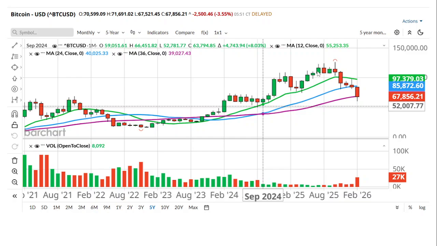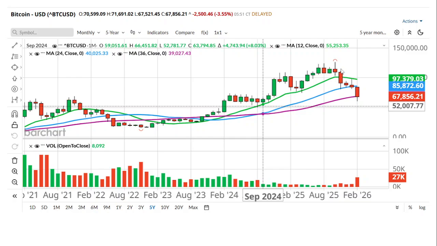But let's look at some indications that Bitcoin was potentially going to be sold off. The first indication was it made this new high, indicated by that half circle. It left a little bit of a wide range candle with a topping tail, and it closed lower because it was a red candle. So that was kind of strike one in that sequence: watch out below this area. And when it breaks that area, you should really consider getting out at that point so you don't lose money.